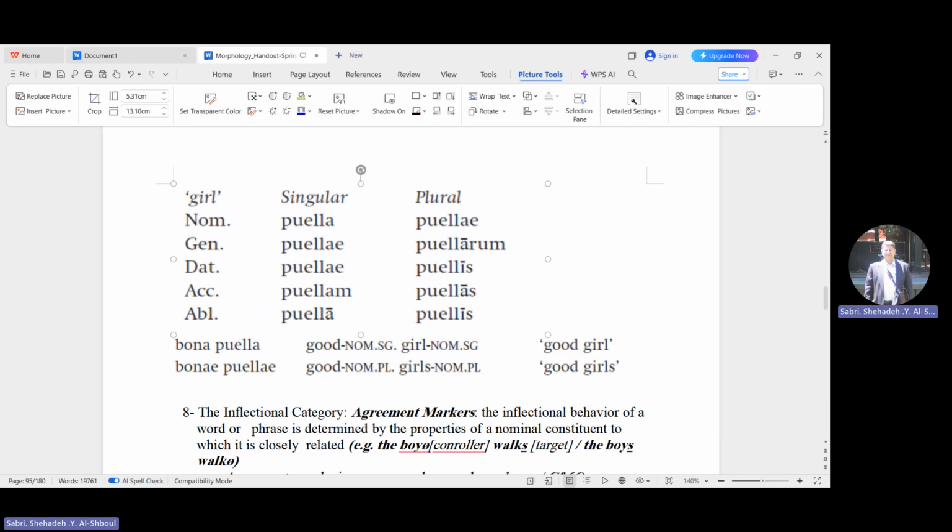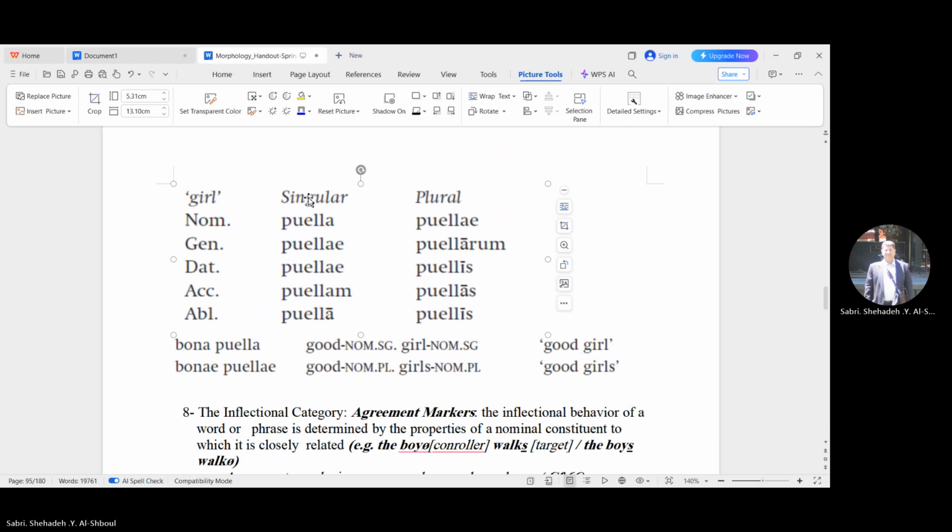Okay. And here we have the singular, at the horizontal level. We have the singular and the plural, which is number. So we notice here the nominative girl, the singular, is puella versus plural puellae, genitive puellae, plural puellarum,